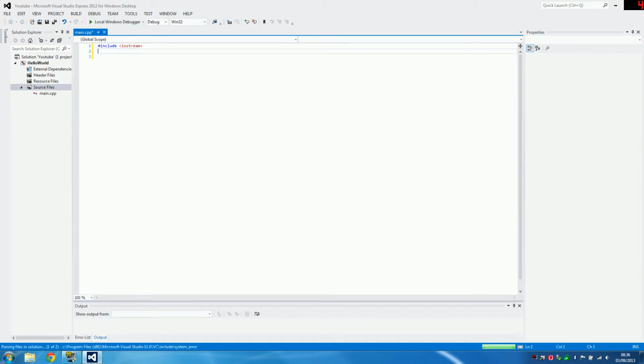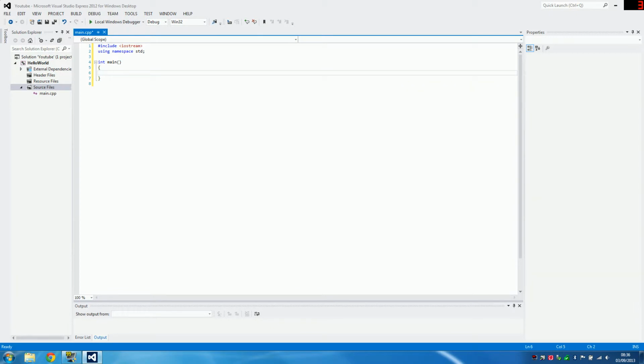Now underneath here type in using namespace std. Now underneath here go int main brackets, enter, open brackets,